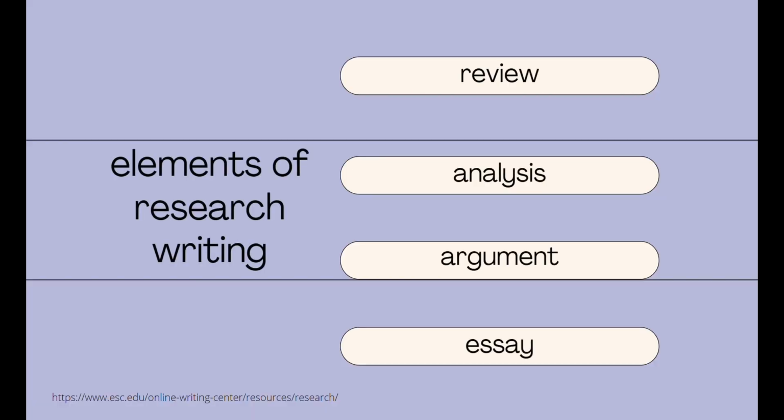Now we're done with academic paper. Let's now talk about the elements of research writing. As you can see here, there are 4 elements: review, analysis, argument, and essay. What are these? In order to conduct a review of literature, commonly known as the RRL, or the review of related literature,